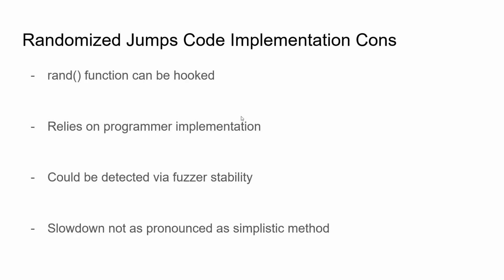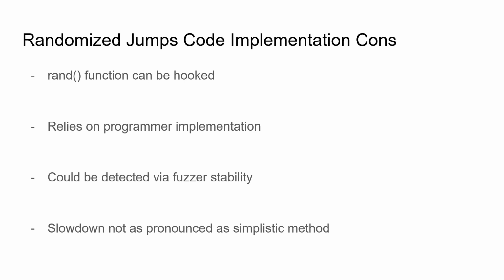Here are some cons to implementing randomized jumps. The Rand system call can still be hooked like sleep. Just because it's not as obvious doesn't mean it can't be hooked. So someone could use it to generate the same number every time, depending on where they want to go in the program. It relies on programmer implementation to not